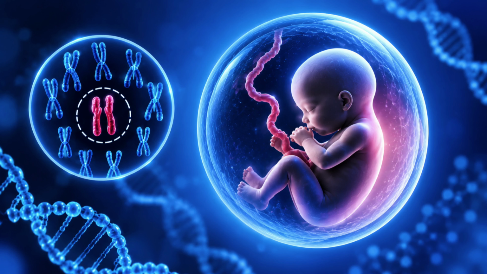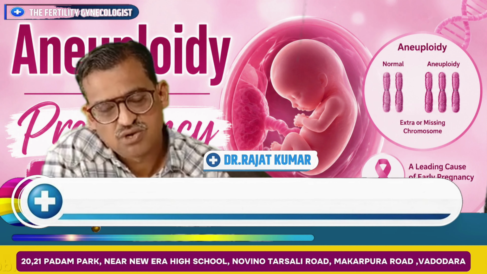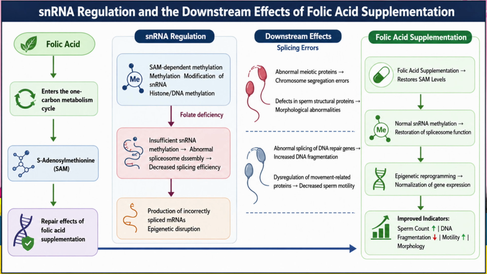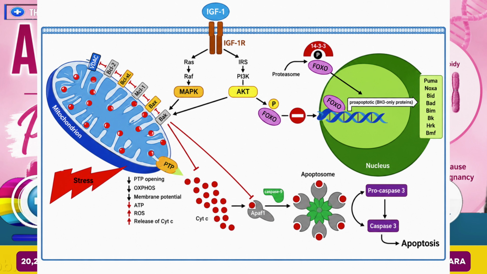In mitosis, whenever there is growth and repair of tissue in the body, there is a structural rearrangement, and that is what leads to mosaicism. The most common cause of aneuploidy is the aging of females, advanced maternal age. It can also be due to environmental factors like radiation, viral infection, and smoking.